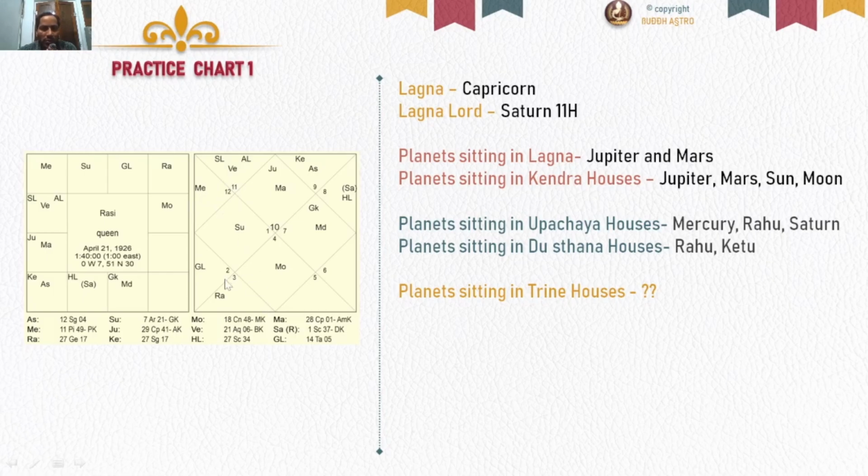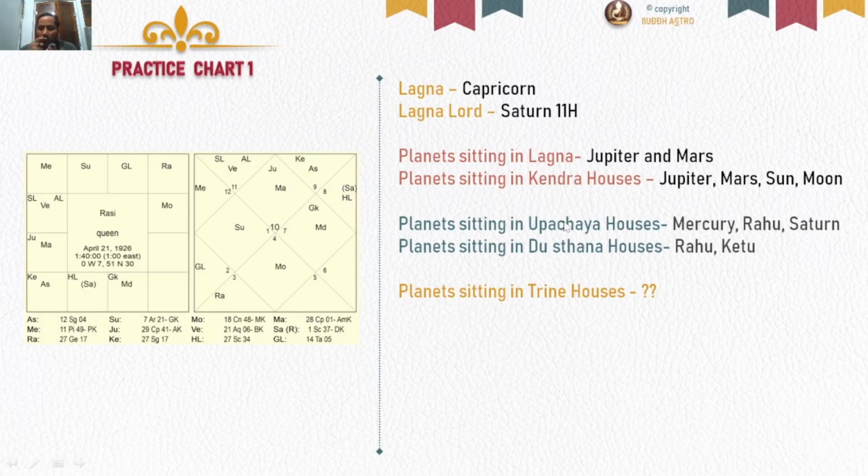Now go to the sixth house. This is the sixth house. Here RA means Rahu. Now go to the 10th house. There is no planet in the 10th house. Then go to the 11th house. There is Saturn. So you can say that Mercury, Rahu, and Saturn, these three planets are sitting in the Upchaya